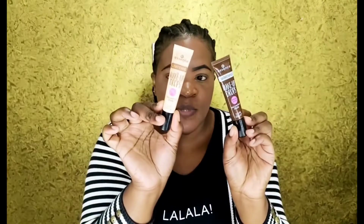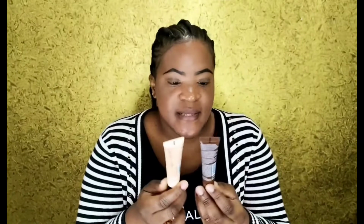The reason why I have all these brands is because they are so good. They are very affordable. They apply so well and so easily on the skin. That's why I have a lot of them, and I just use one dark foundation to get to the perfect color that fits me. Another way to make up for your perfect color is the makeup drops adjuster by Essence